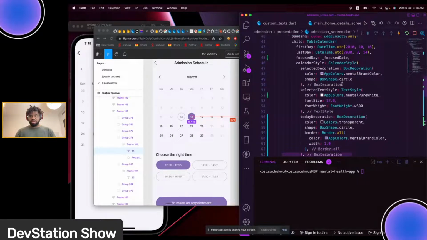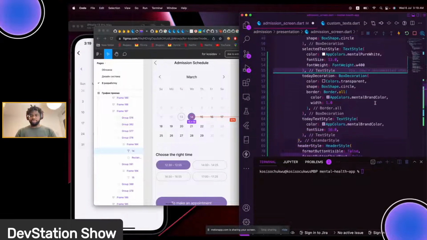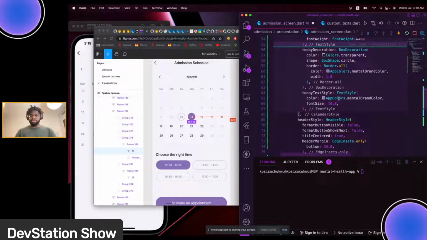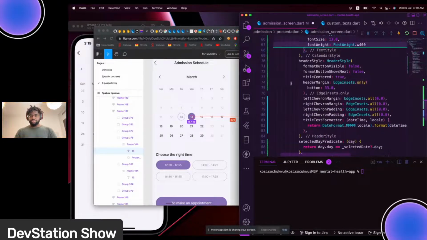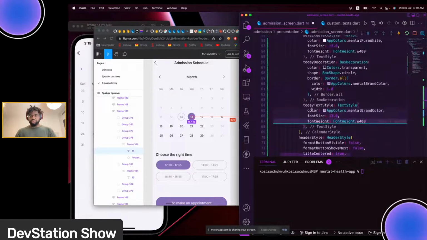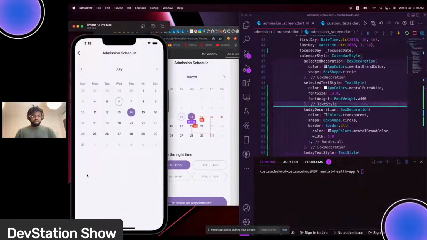You could say selected text, font weight should be 400, font size is 13. Copy that and add that for every other place. So you go to today's selected text and do the same. And the next one should be to have selected text. And yeah, that is applied right here. I think the next stuff you could do is to